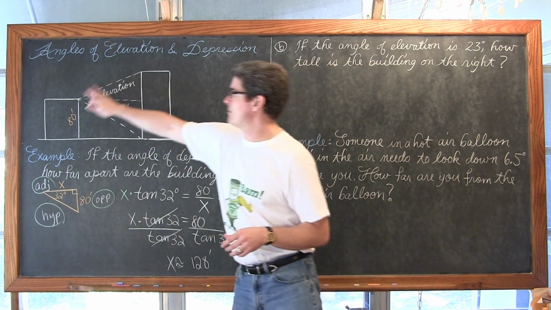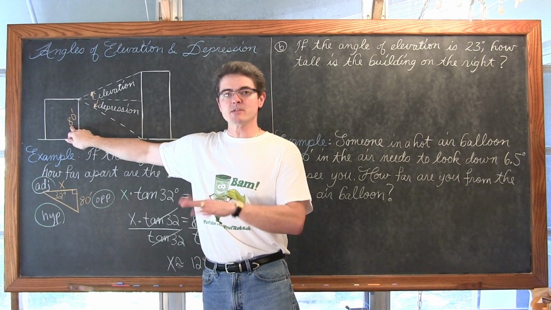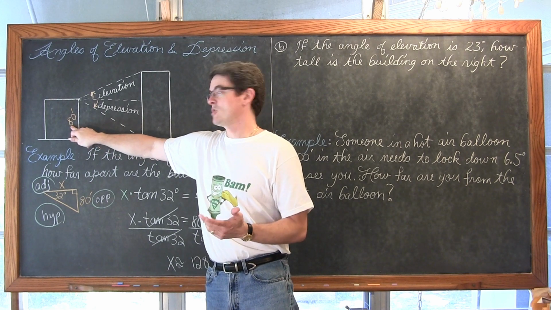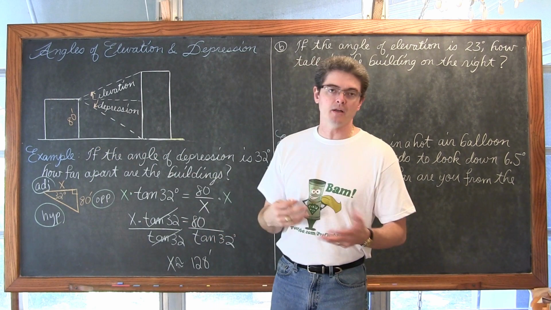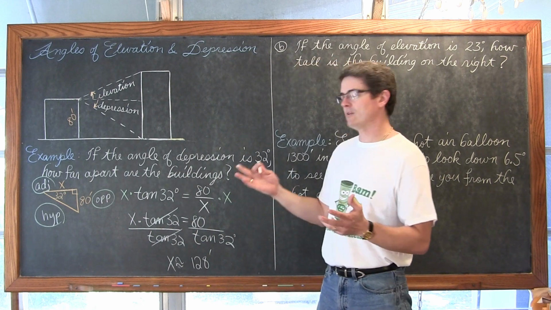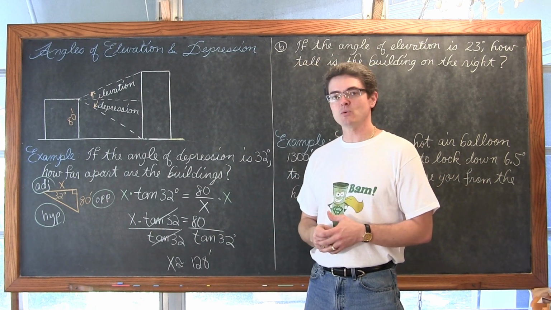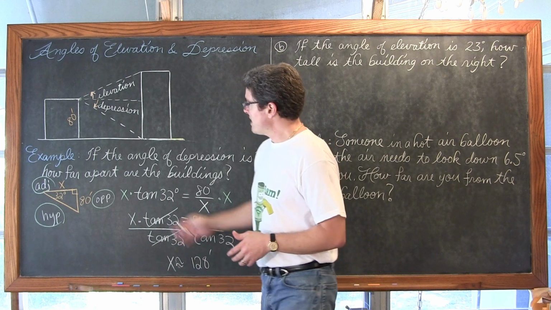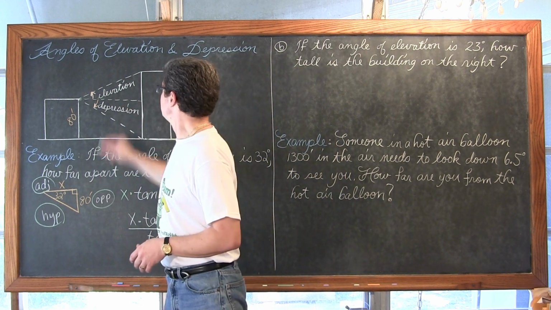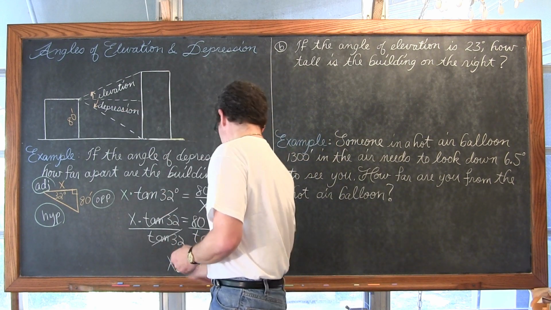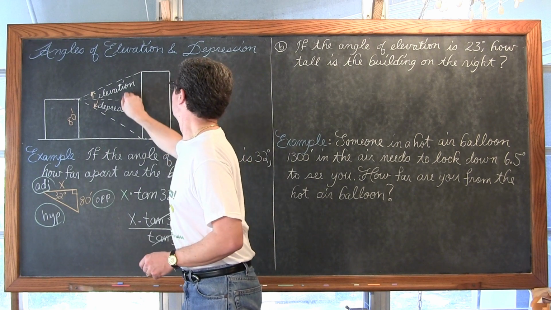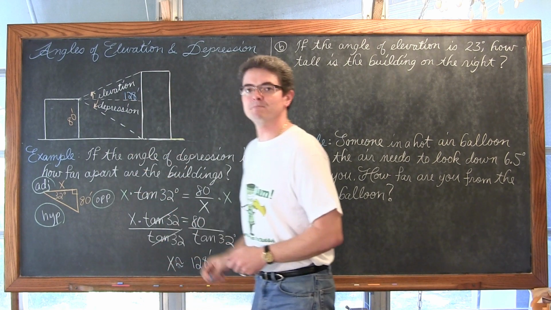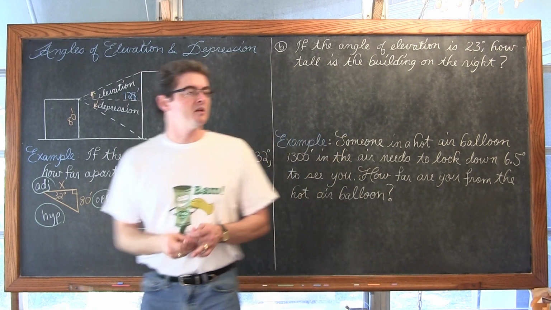And because my problem gave me a measurement that's just simply 80 feet, it's not super specific. I don't know if it's really 80.02 feet or something like that. It's just rounded off to 80 feet. I've rounded this off to 128 feet. Okay, so that's how far apart the buildings are. And let's just put that right there.